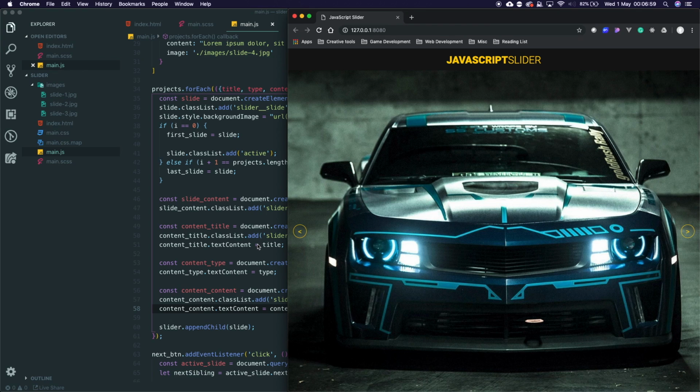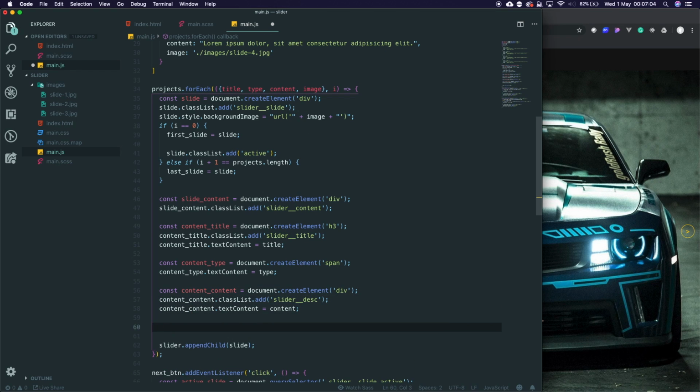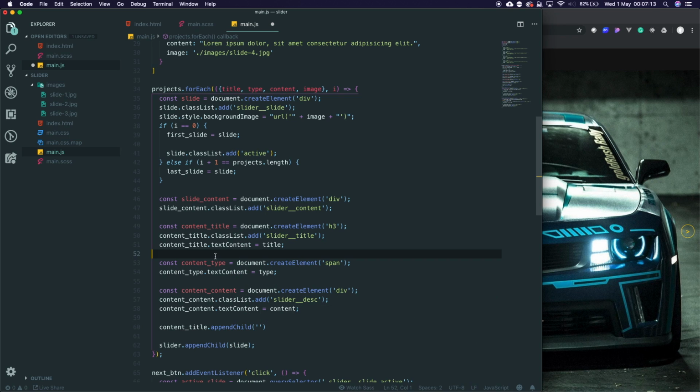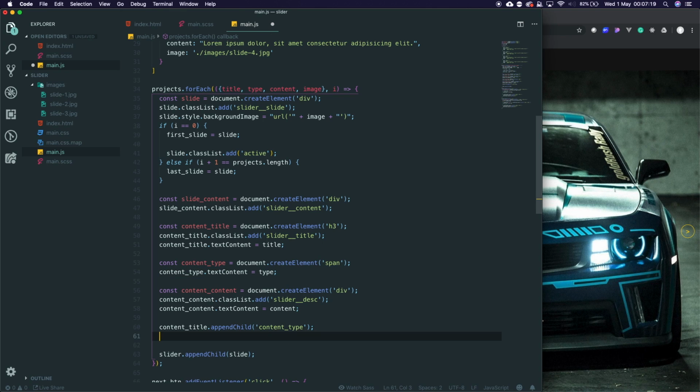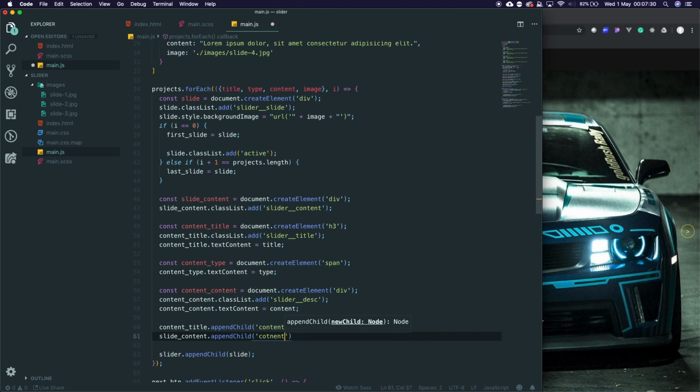Now if we save this, nothing's going to happen. Nothing additional is going to be added to our screen because we need to append these to each other. And this can get complex if you build big structures, but for this one it's quite simple. We just want to say content_title.appendChild, and we want to add in this content_type, which has a span, which is this span element. We then want to say slide_content, and we want to actually append a child, and this is going to be content